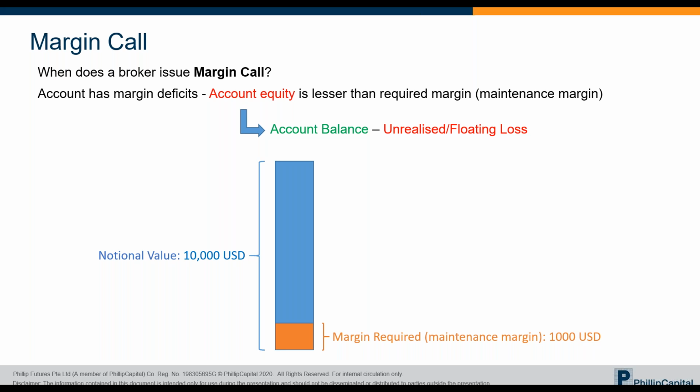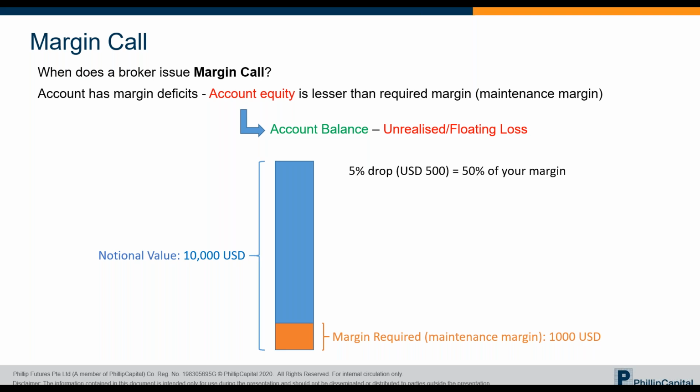So to trade in this one contract example, if you just fund US dollar 1,000 to meet the required margin to trade one contract, a 5% dip in this contract would also mean a 50% unrealized loss on your capital. So to continue holding this contract, you will need to top up to ensure that your account equity meets this